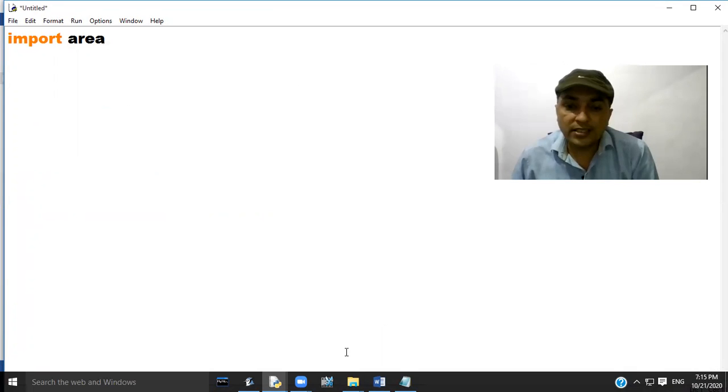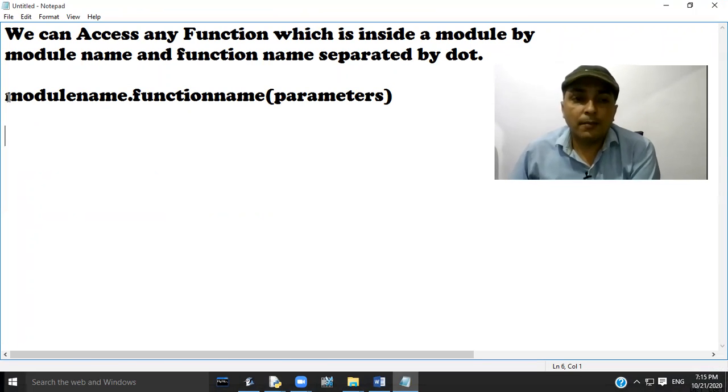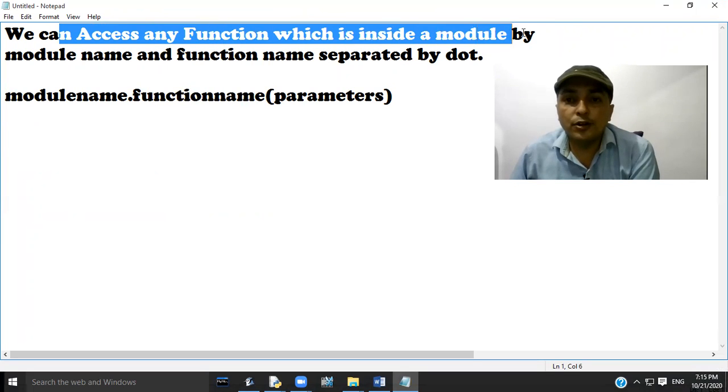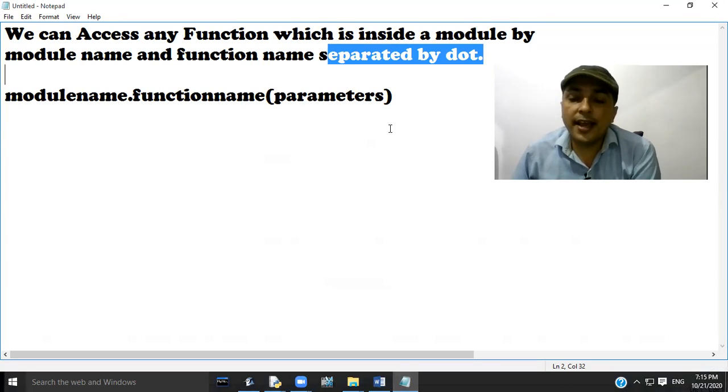In order to access functions present in a module, we have to give a command like this: module name dot function name.